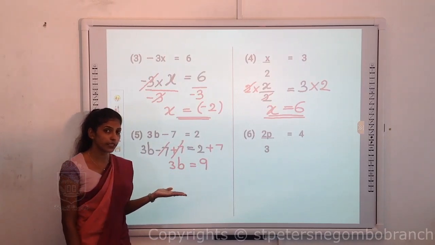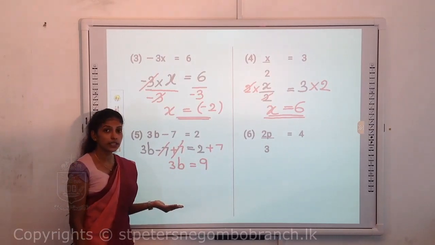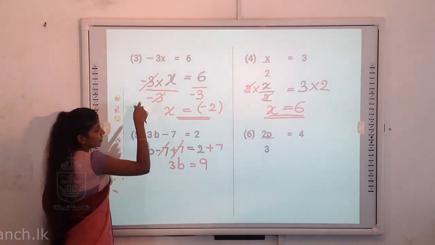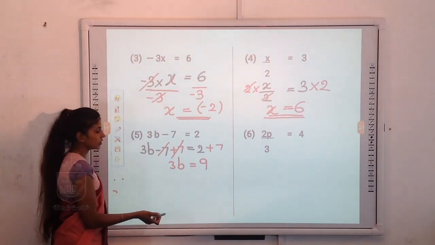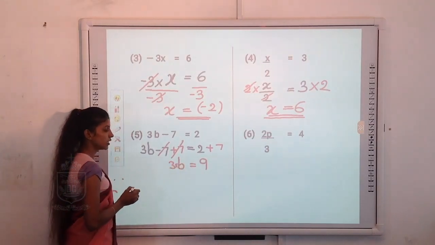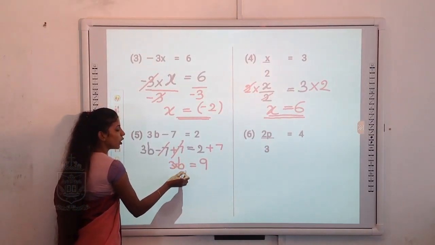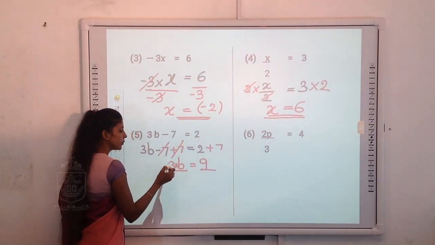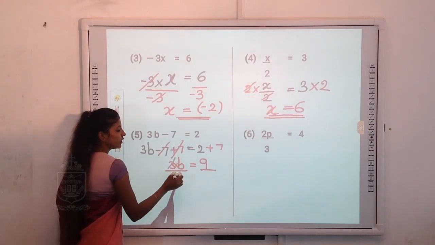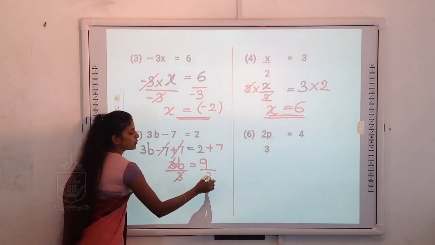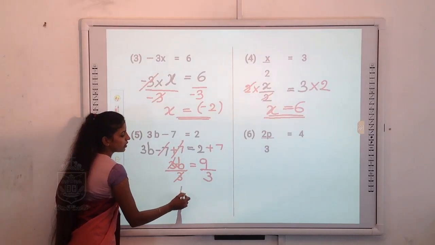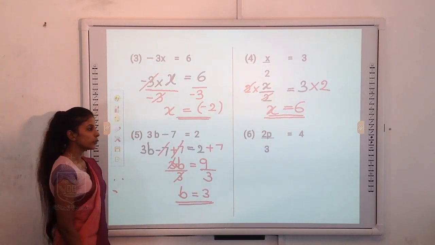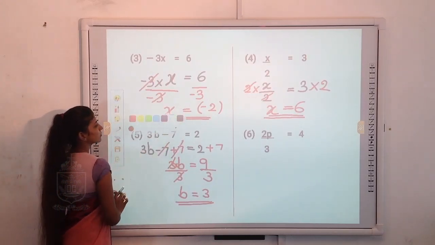We have to leave only b on that side, but cancel 3 from this side. How to cancel 3? Can you all see this? It's linked with this part. So it is what? Multiplication. If it is multiplication between these two, what do you have to do? You have to do the opposite of the operation, that is division. What is the unwanted term? That is 3. 3 cancels. This should also be divided by 3. So what is remaining? b equals 3 is the answer. One more example.